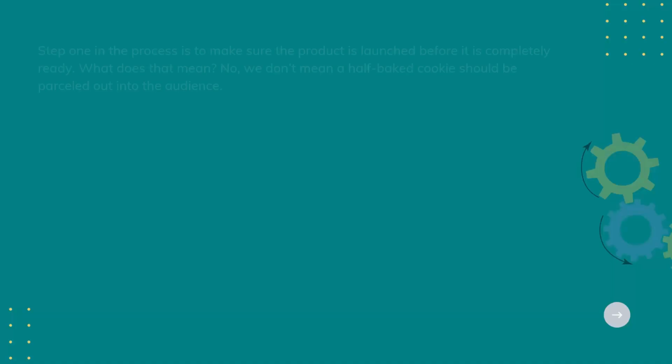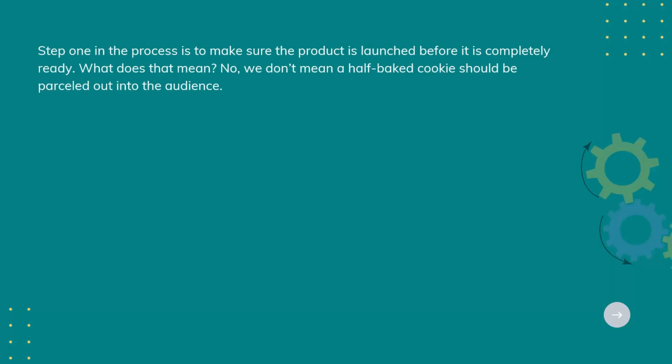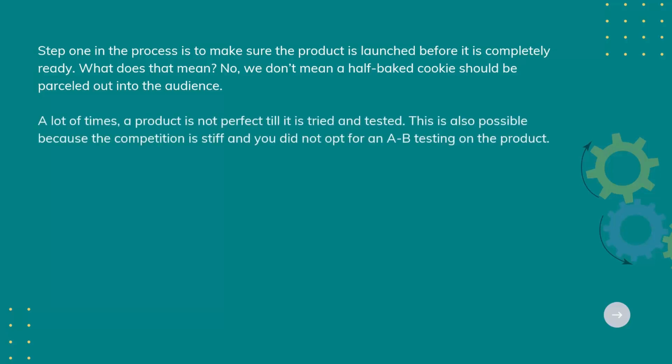Step 1 in the process is to make sure the product is launched before it's completely ready. What does that mean? No, we don't mean a half-baked cookie should be parceled out into the audience. A lot of times a product is not perfect till it is tried and tested. This is also possible because the competition is stiff, and you did not opt for A/B testing